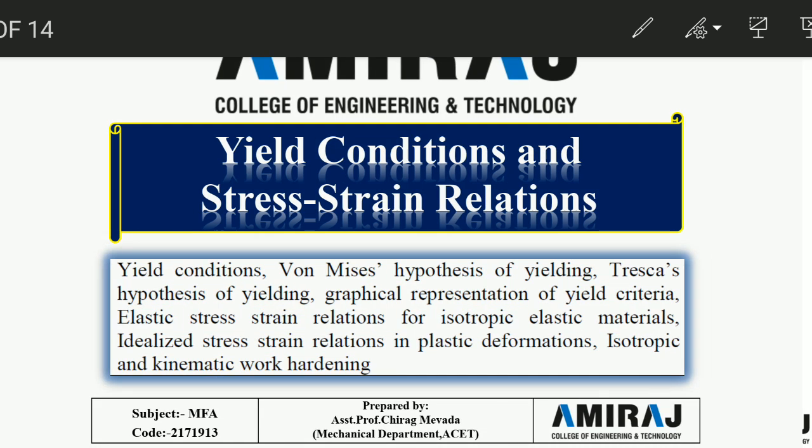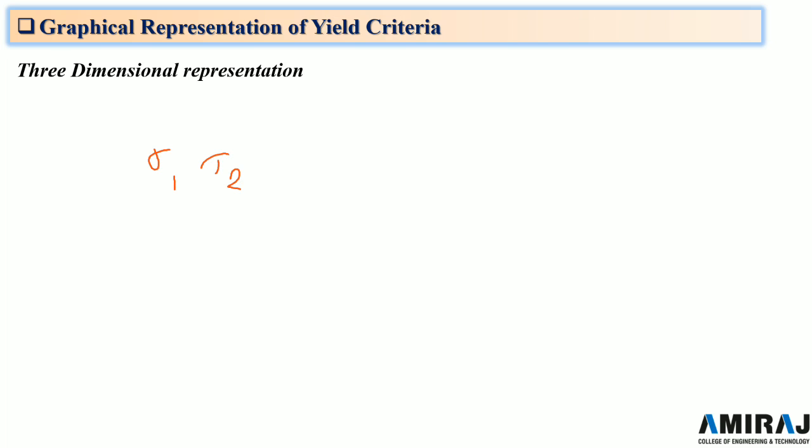So first, the graphical representation of yield criteria, in which the first is the three-dimensional representation. The graphical representation gives a better understanding of the two yield criteria. For convenience, we take the coordinate axes along the three principal axes. There are three: sigma 1, sigma 2, and sigma 3. In this coordinate system,